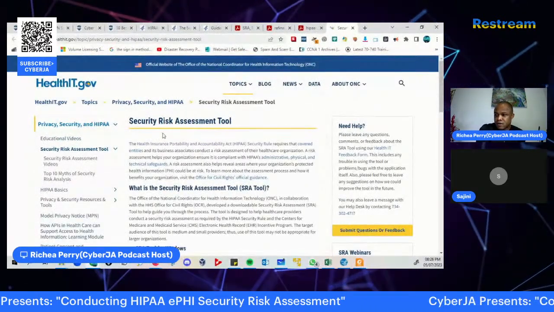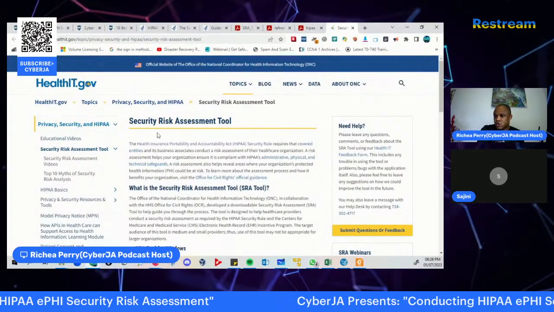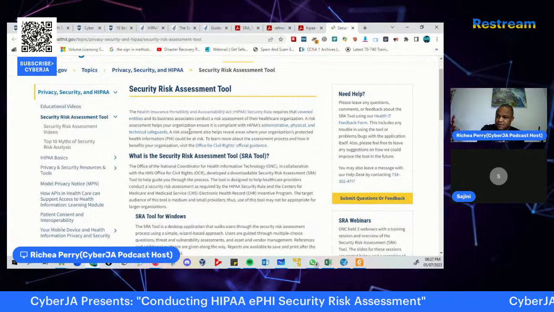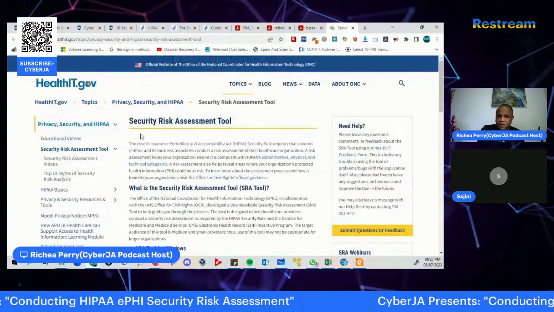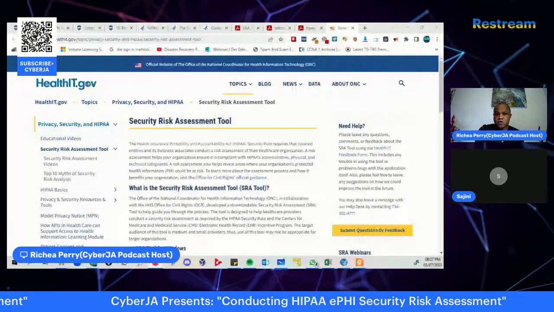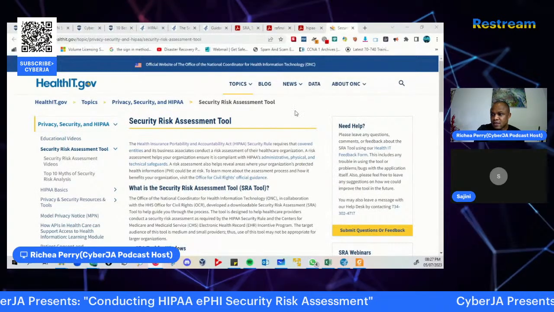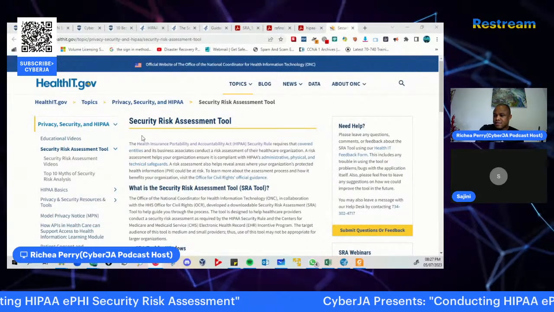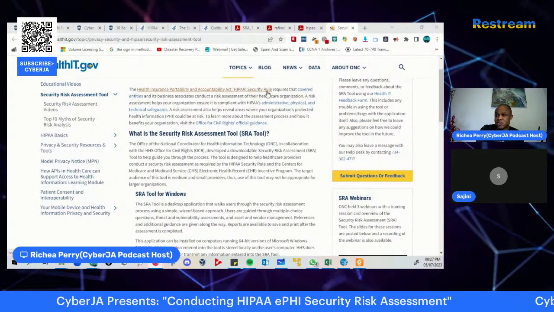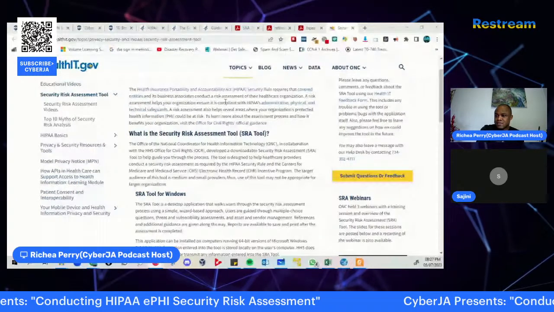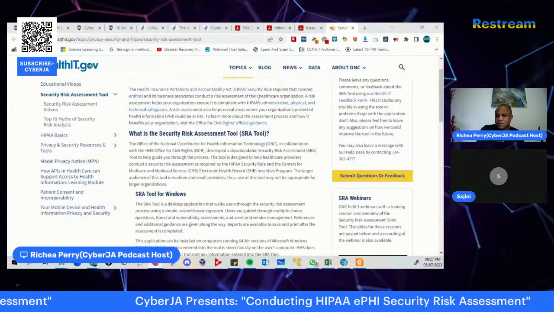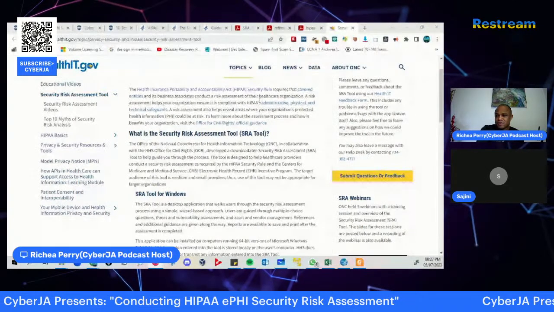Right, so here we have what we call the security risk assessment tool. As it says, the Health Insurance Portability and Accountability Act security rule requires covered entities and their business associates to conduct a risk assessment of their healthcare organization.